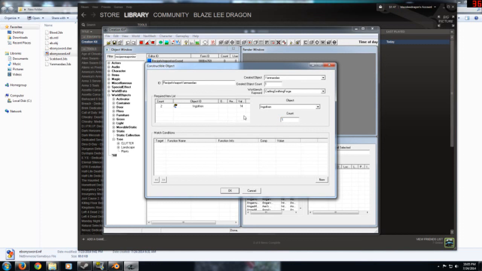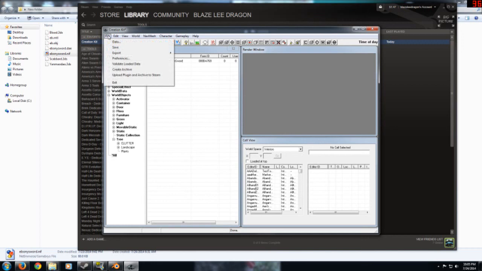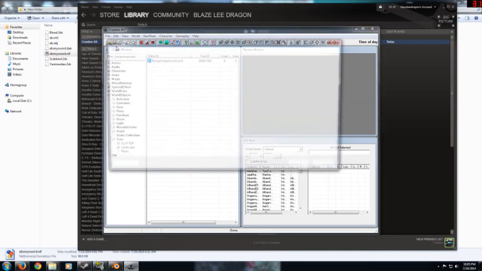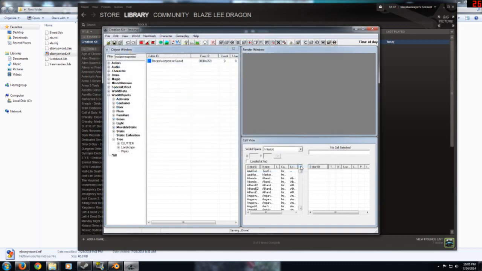Okay, so once you do that, and you choose what materials you want, you name it what you want, you hit OK, you're pretty much done. So at this point, I can go ahead and hit File, Save, and then this one I'm just going to call Test, and I'm going to hit Save. There you go. Now you can use your sword and craft